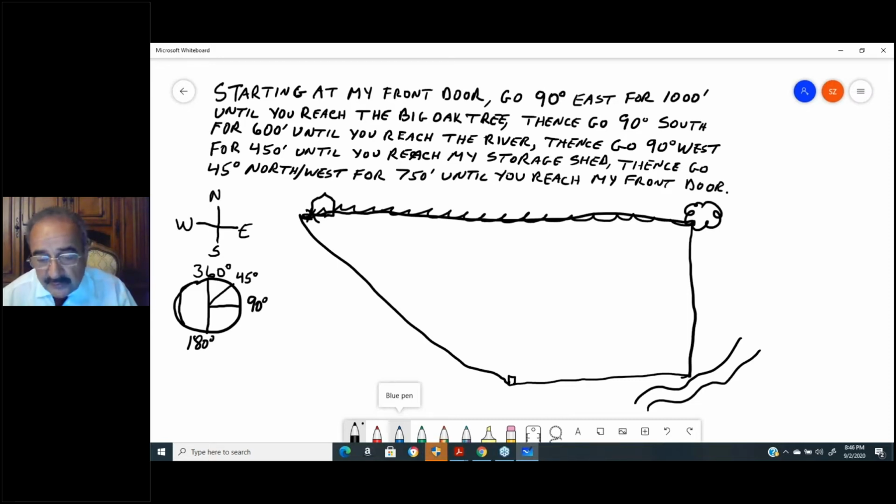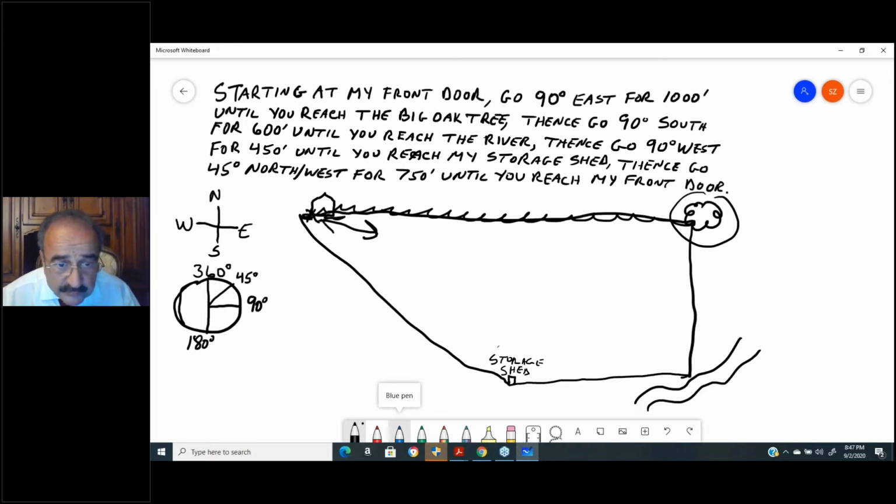From one distance to another is a meet. A bound is a change in direction, which is referenced by monuments. Monuments could be natural: the tree stump, the tree, the rock, the river, or artificial, anything placed by man. This is my storage shed. That's artificial. Now, the most important thing you need to know, you must always start and end at the same